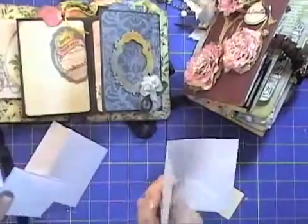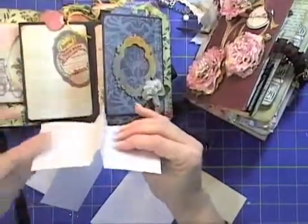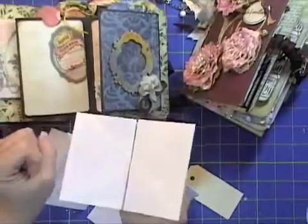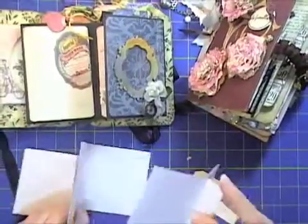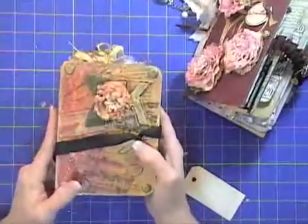So just 3 envelopes. This is the trickiest part of the whole thing, and it kind of looks like a bird, doesn't it? Or an airplane without a snout on it. But very simple, and I think it makes a great little gift. Anyway, that is why I ended up doing the additional